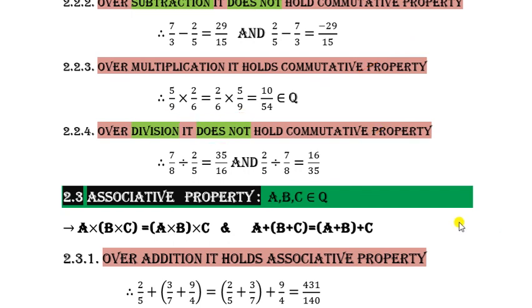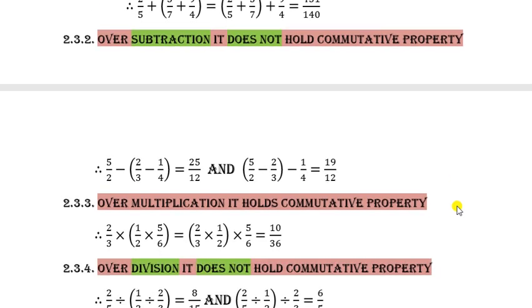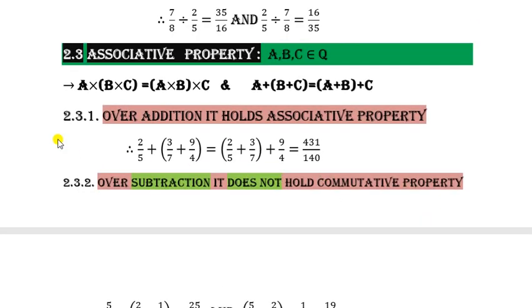Now I am going to the next property, that is associative property. Associative property mainly we can write with three numbers A, B and C. For associative property we have to change the place of the bracket only. You check this property, easily you can understand. For closure property and commutative property we checked with only two rational numbers, but for associative property we are going to check only for three rational numbers. Remember that. Now I am going to check for addition, subtraction, multiplication and division.